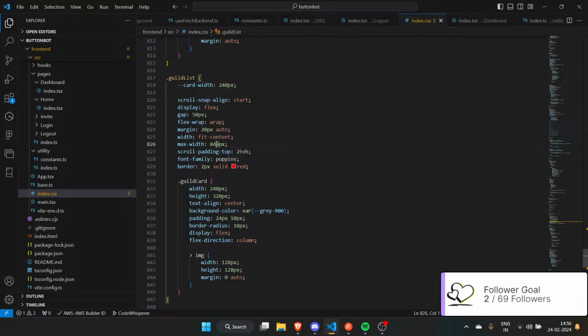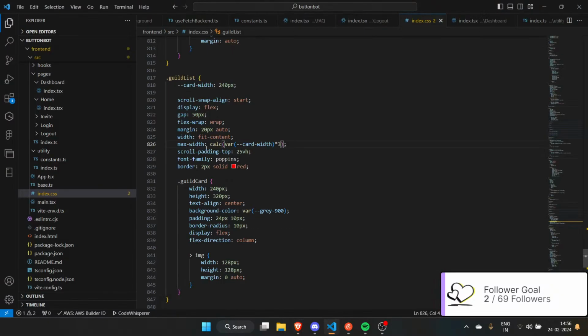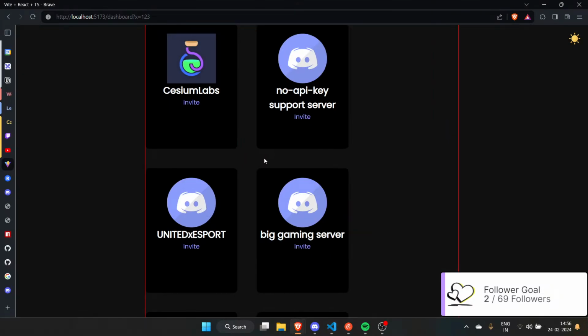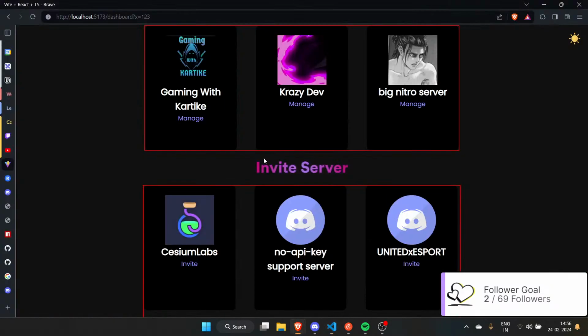Now I want you to be calc of the variable dash dash card width times 3 plus 100 pixels. 110 pixels. I have a call again, give me a second.